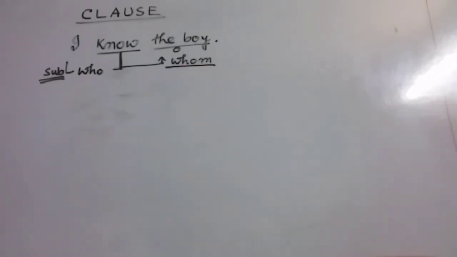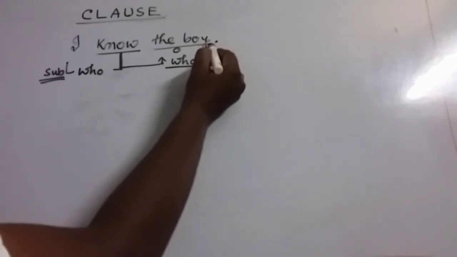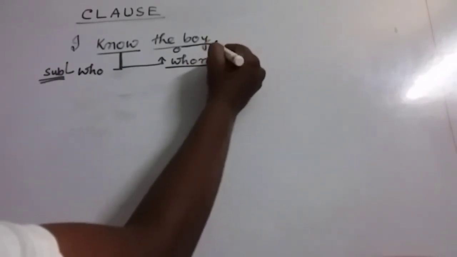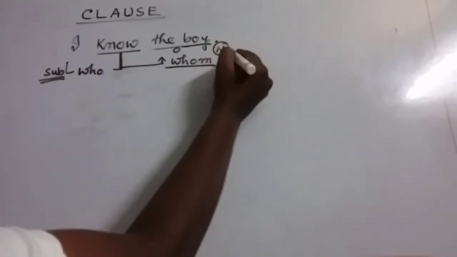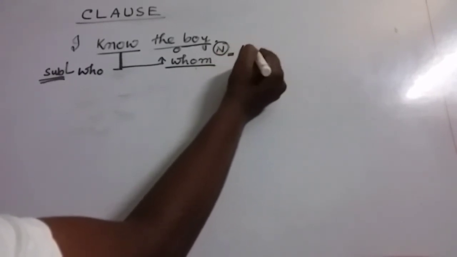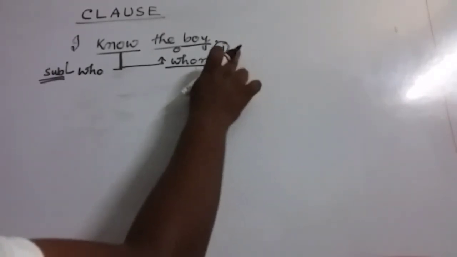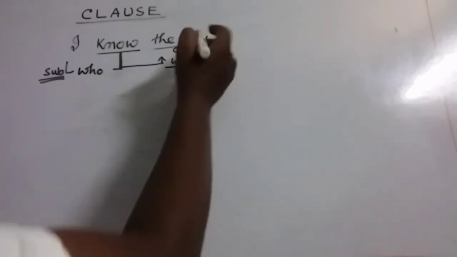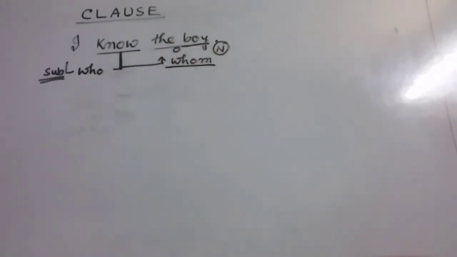It's clear. By asking whom, we are getting an answer, and if this answer is a group of words having a subject and finite verb, at that time it will be called a noun clause, because the object or the subject may be a noun or pronoun, but there is no such existence of a pronoun clause in this language. So obviously it will be a noun clause. Here it is just a word, but if we write down a clause, that will be a noun clause.